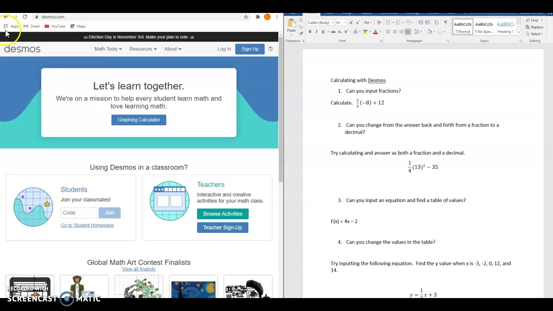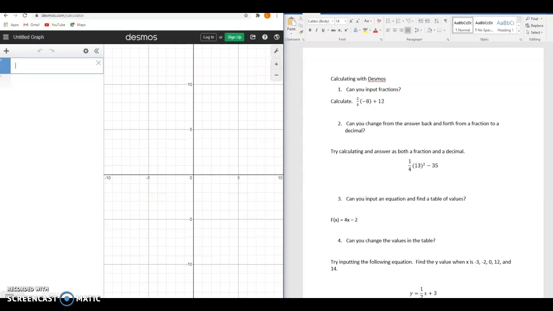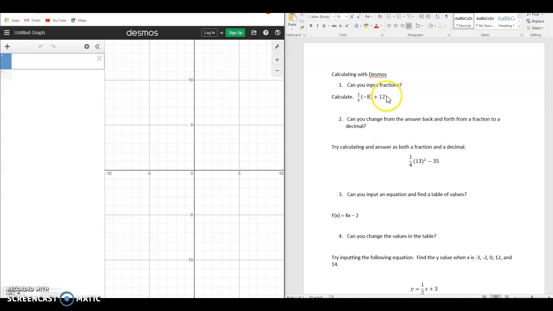So I've just gone to desmos.com. This is exactly what you'll see pop up. I'm just going to click on Graphing Calculator, and I want to explore a couple of things here with you. Okay, so the first thing is, it says, can you input fractions? So that's one of the tricky things, is when we start having problems with fractions, it's helpful if we can